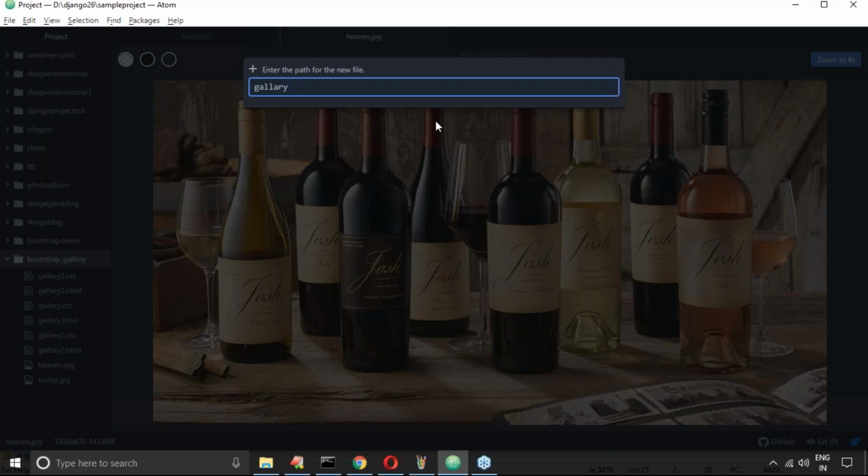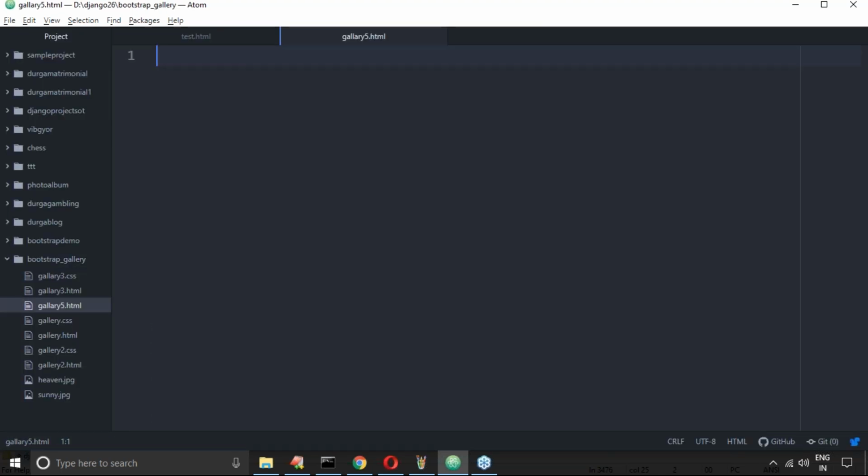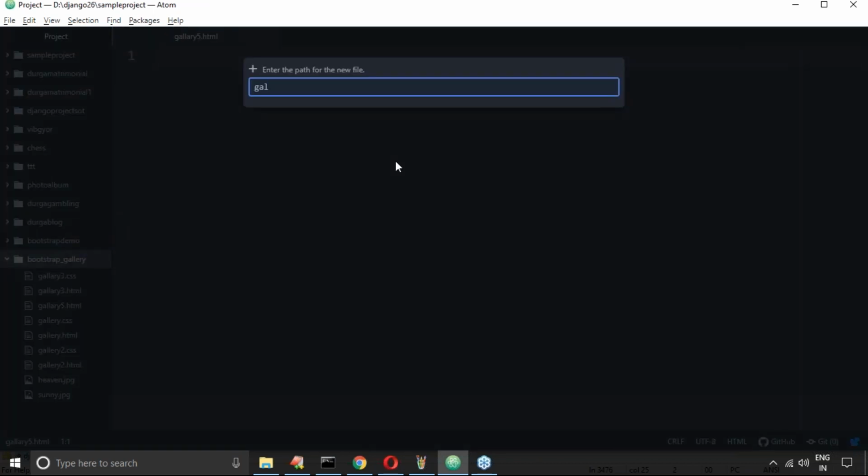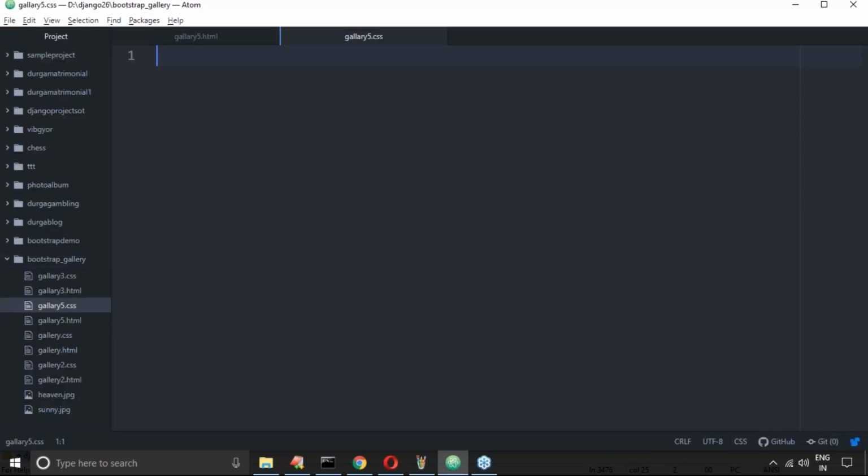Any name we can use, so gallery5.html I'm taking, because I want to build everything from scratch. Next, let me also take a gallery5.css file. So there are one HTML and one CSS file. Why is it not selecting?